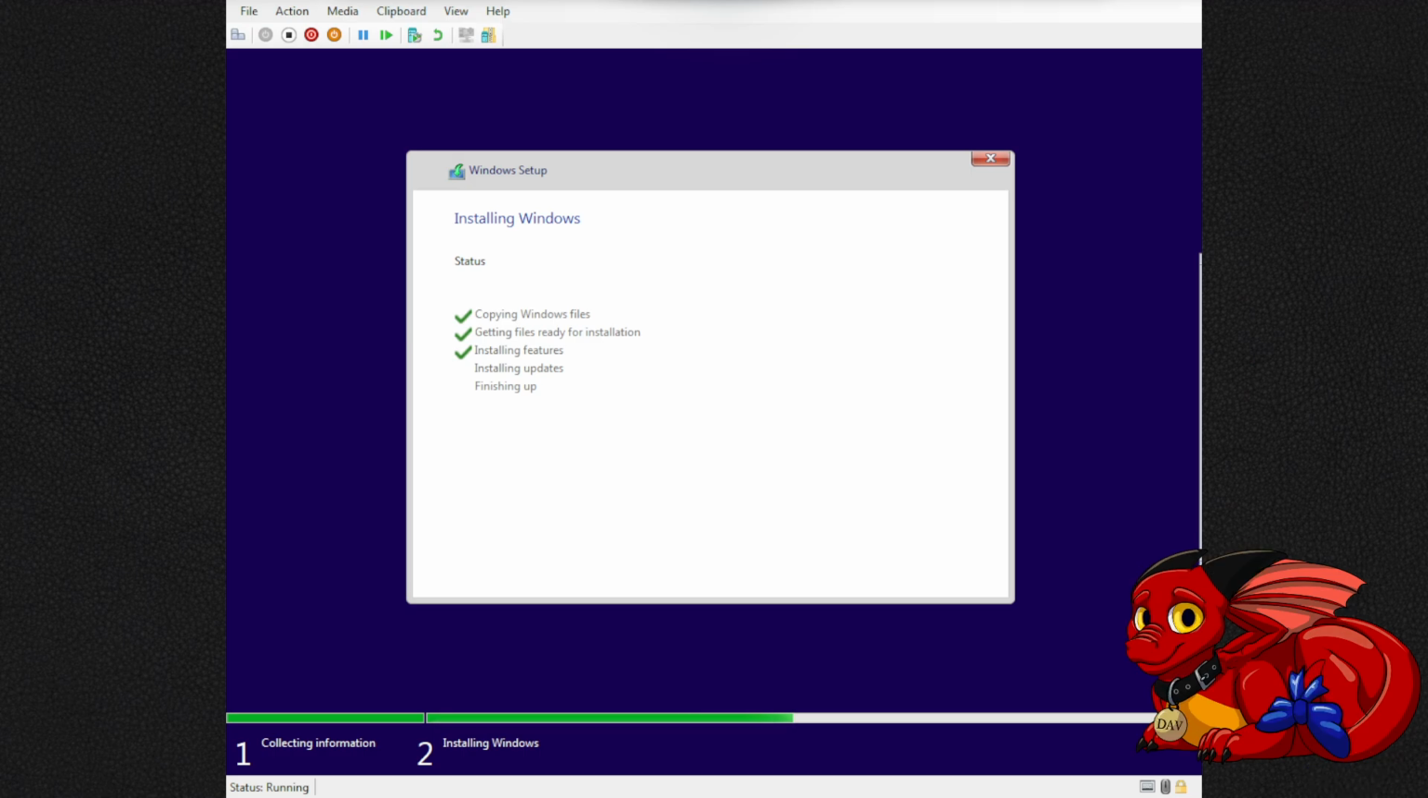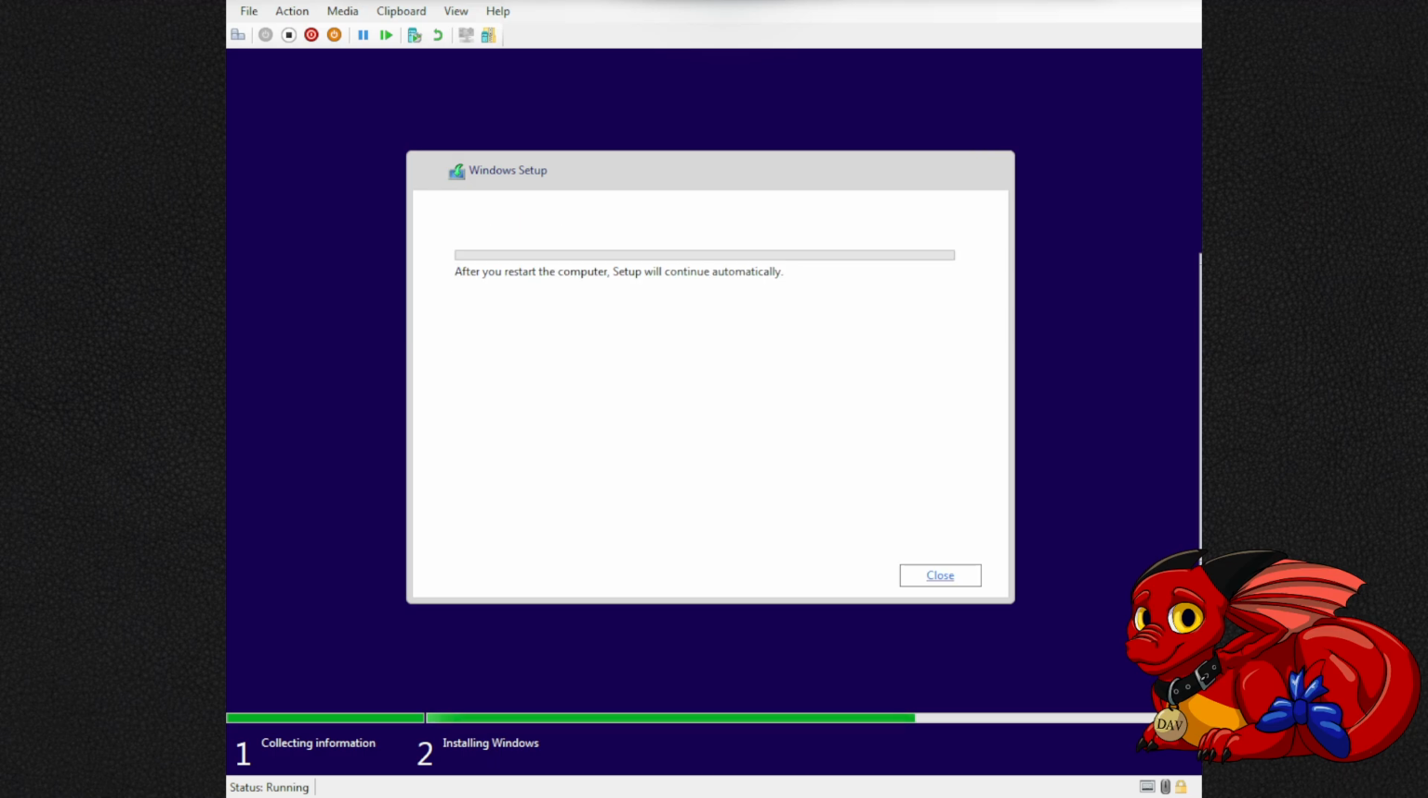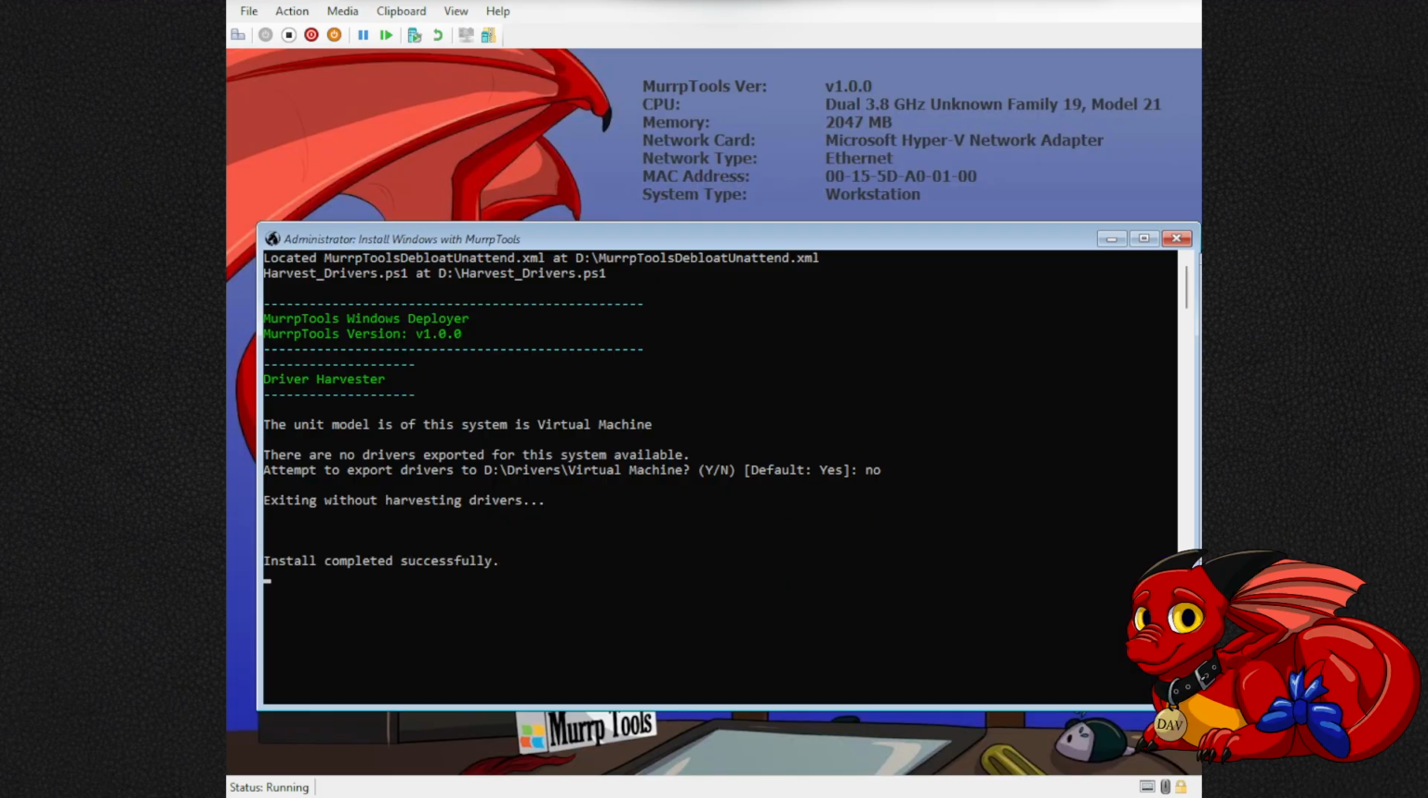Almost there. And then once you see this screen, do not restart your computer yet. MurrpTools still has something more to do. Just let the little timer run out, and MurrpTools will take over